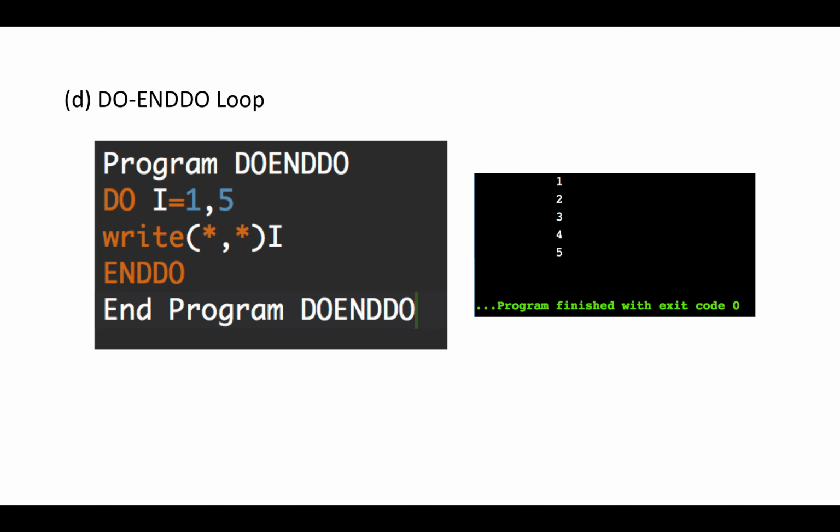So if I execute this program, it will not check any condition at all. It simply executes the program from 1 to 5 counter, and what we expect from the program is to simply print the value of I. So it will print I is equal to 1, 2, 3, 4, 5, representing how many times this program is repeating this do loop.